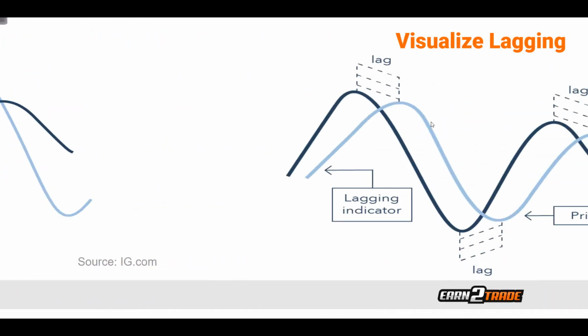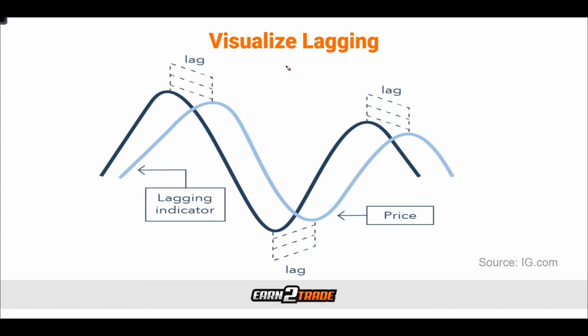Now if we switch on over to visualize a lagging indicator, the chart looks a little bit different. Now remember, the dark line is actually going to represent the actual price hypothetically. So we would imagine that with a lagging indicator, we'll notice that there's actually a lag here where we are seeing the indicator show the rally in price after the rally has already happened. So the indicator does actually lag behind price, and generally the way this works is by using historical data such as averages and various things that we are obviously going to talk about.